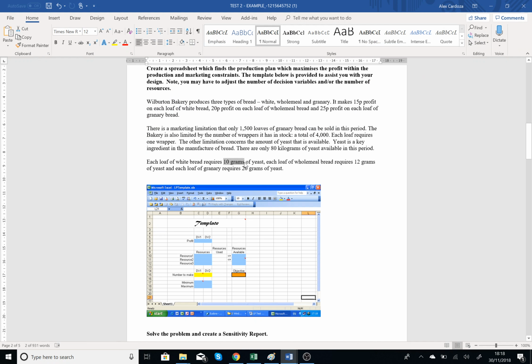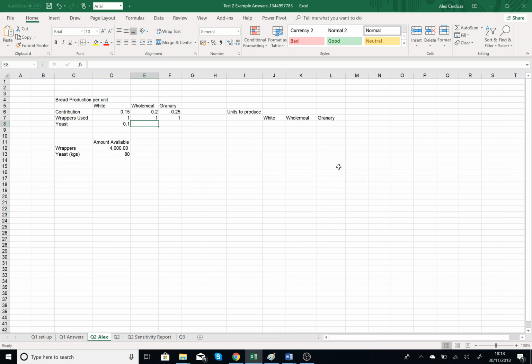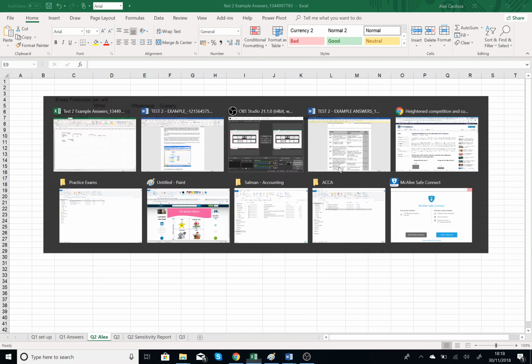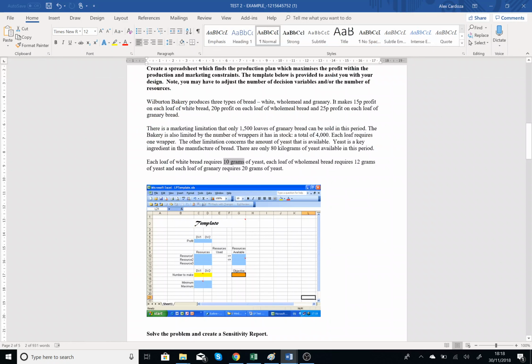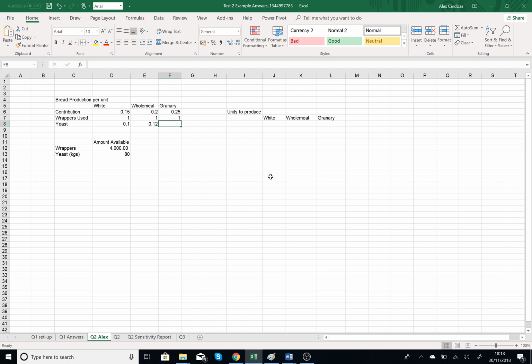Each wholemeal requires 0.12 grams. And each loaf of granary 0.2. Okay. And then this is going to be our profit produced. So now